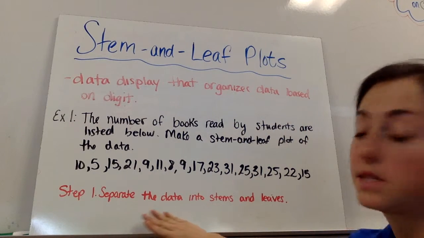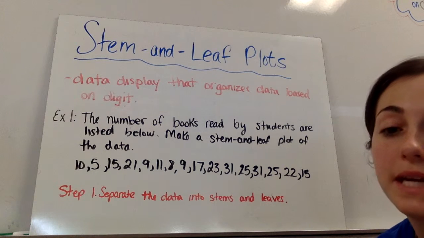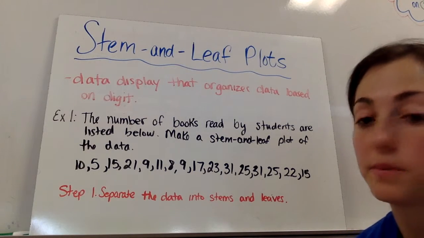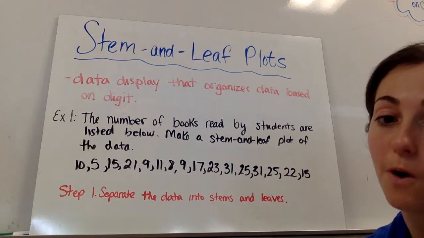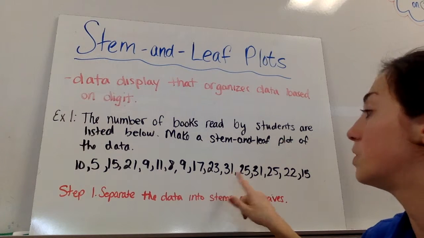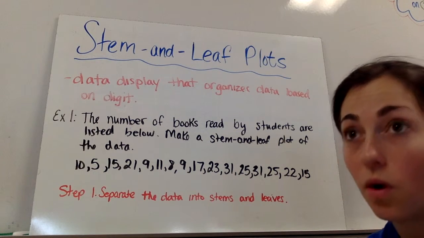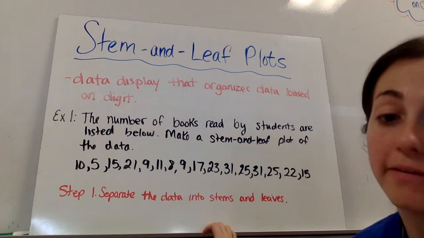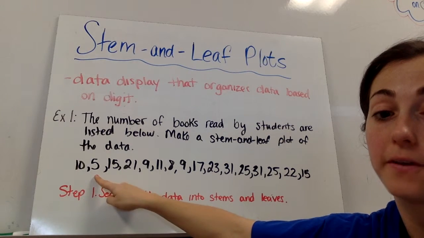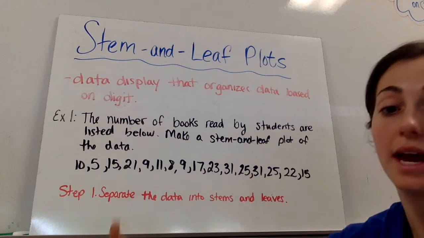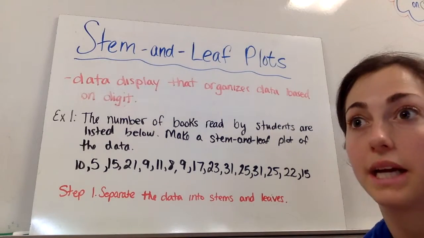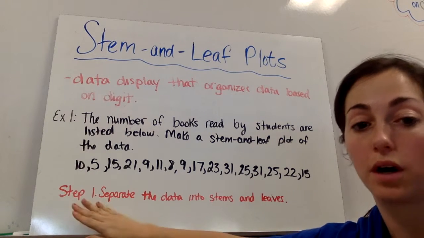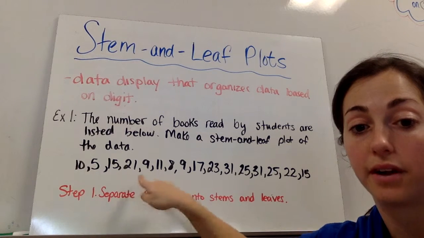The first thing to do is to separate the data into stems and leaves. What that means is to think about how the numbers are organized, what kind of numbers we have. These numbers are all relatively small. The lowest number is 5, the highest number is 31. So my stems are the first digit. If I'm going from 5 to 31, my first digit is a 0 for 5 and a 3 for 31 and everyone in between. So my stems are my starting digit. All of my zeros are my stems. All the numbers that come after that, like a 5, a 9, an 8, and a 9,